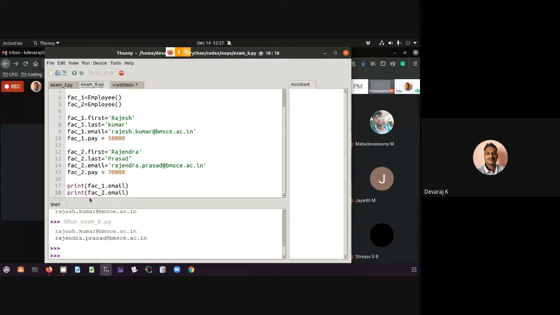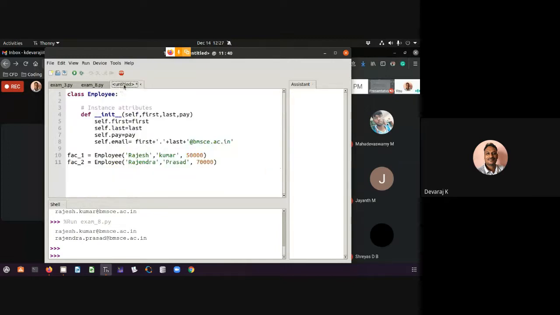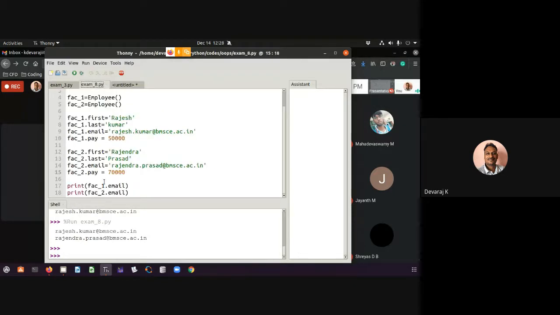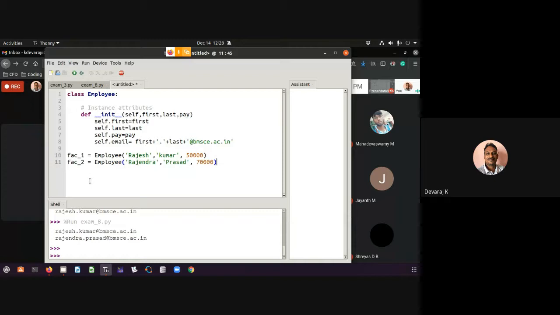I can move further and create a method. Here, your faculty 1 is this much. Whatever I have defined before, the same thing I'm using in a single line under an employee class. Now if I want to print it, let me go and print this particular thing.